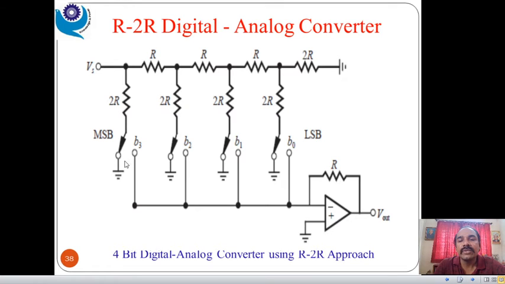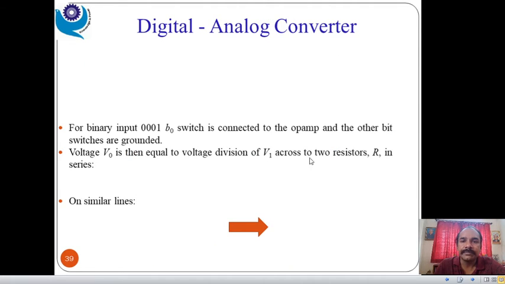And here we are using 4 bits, B0, B1, B2 and B3, and this is an op-amp, which simply acts as an amplifier, right? So whenever we give the digital input over here, B0, B1, B2, B3, according to those bits these switches are operated, and a specific voltage is given as an input to this amplifier, and we get a specific output voltage, right? So we'll take an example over here.